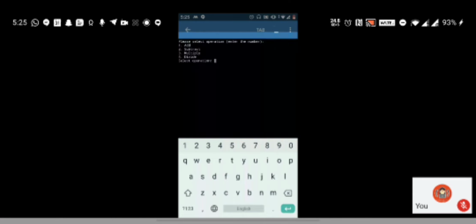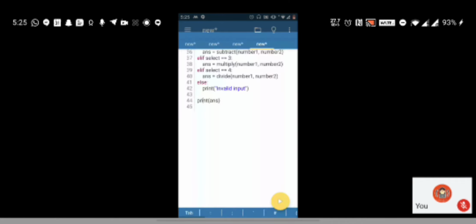So let's just check this. Here you can see it is giving me a prompt saying please select operation, add, subtract, multiply, or divide. Let me select multiply first. Then it is asking me for the first number and the second number, and then it is giving me the output.